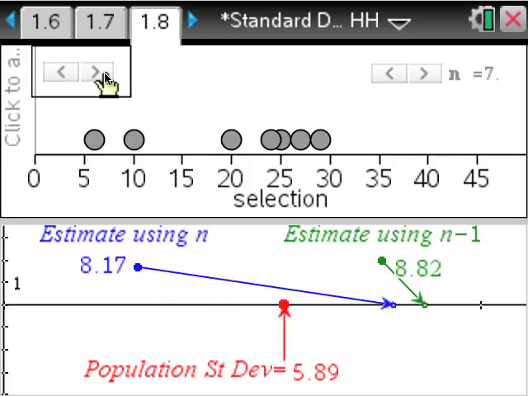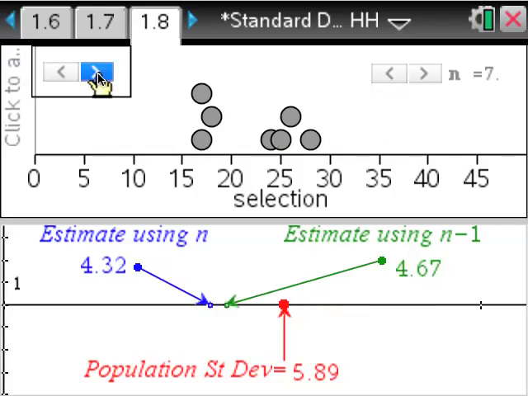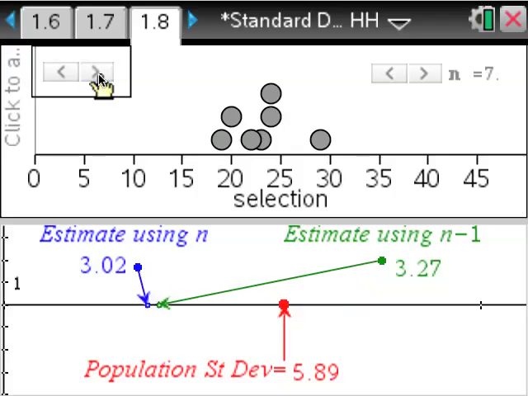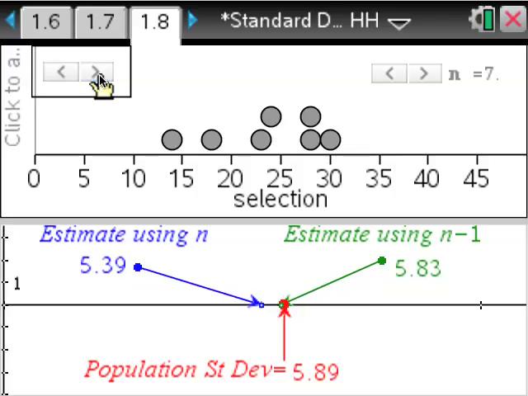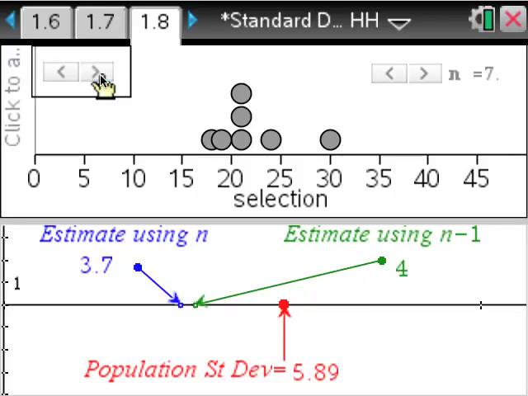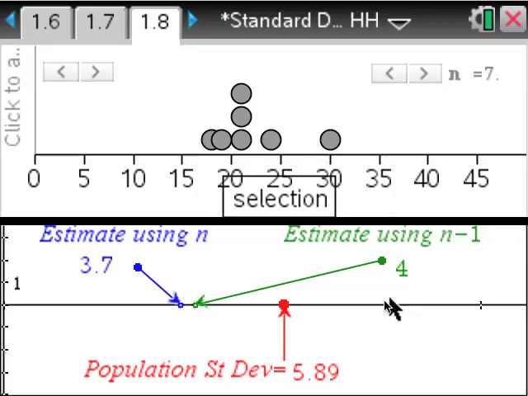But that's not always the case, and you might get a different sample of 7 like the one we have on show where dividing by n is better. And so what students can do is they can repeat the experiment, and you can see that they seem to flip-flop from side to side, but if you do it enough times and just tally this up on a piece of paper, you will find that in the long run the value from dividing by n minus 1 is generally